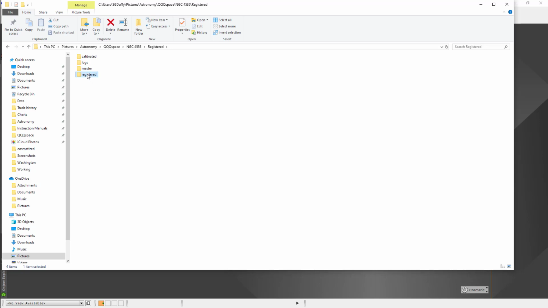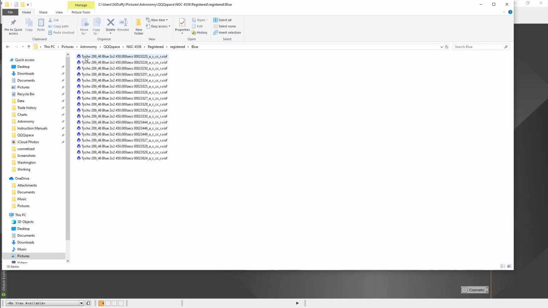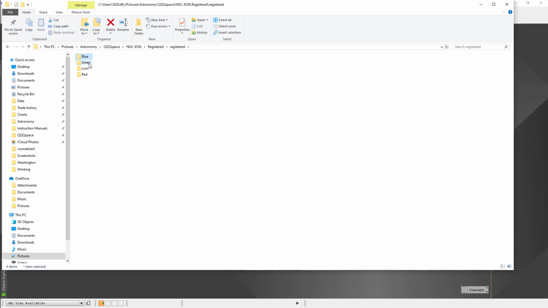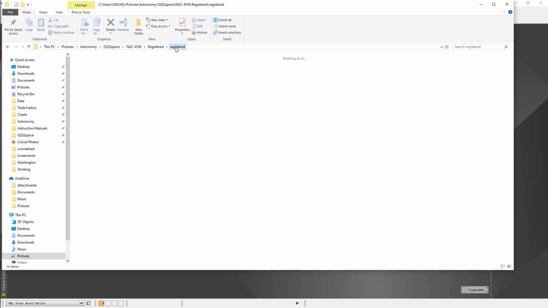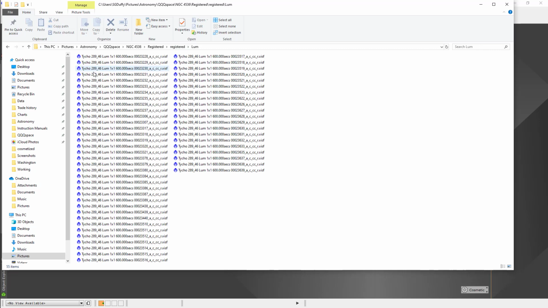And the registered results, which are here, red, blue, green, all say they're marked registered. But what I've noticed is that there seem to be fewer files here than I expected. If I go back in particular to green, the list seems short. Luminance, yeah,